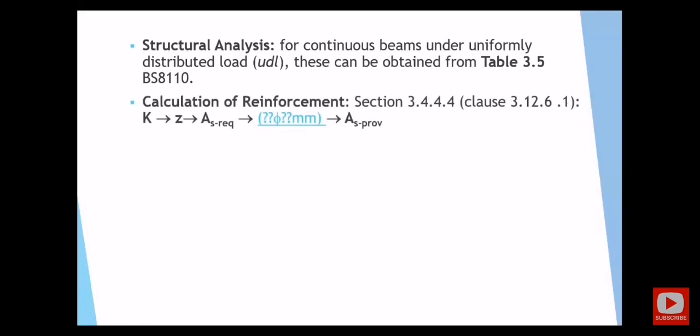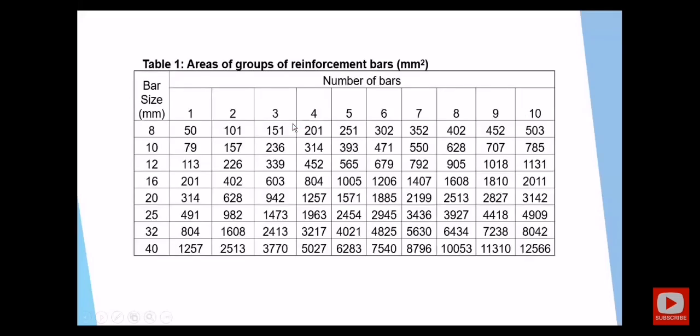Once you have the bending moment, you will calculate the reinforcement, as usual, section 3.4.4. It always starts by calculating K equals M ultimate divided by fcu b d square. You calculate the Z, you calculate the As required, and then you will be able to get the area of the steel. You can do this manually, the number of bars and the diameter, or you can use this table here,